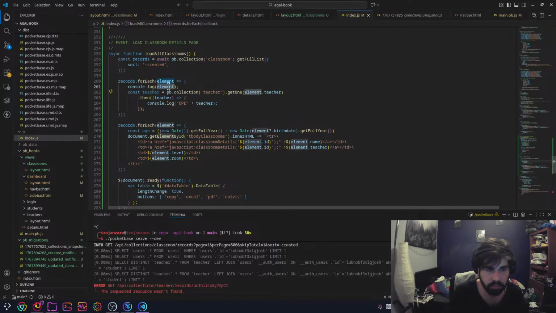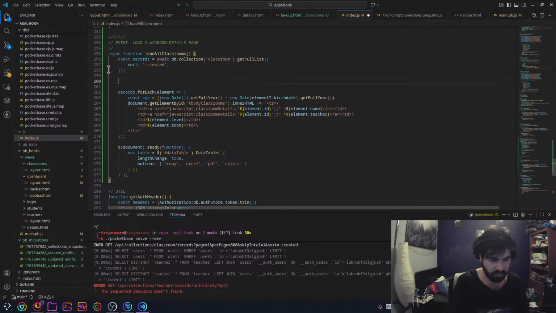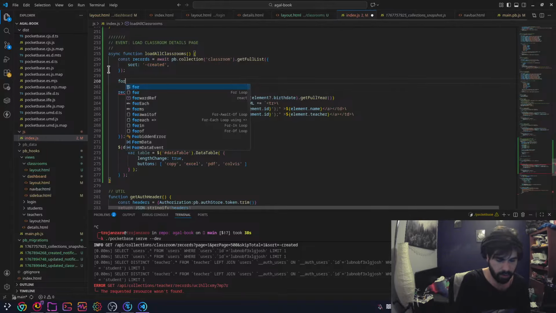I really don't understand why this is doing this. This is weird. Oh, wait a minute. Also I really want to stop doing this and do it a little normally, because this is also going to be faster. For.